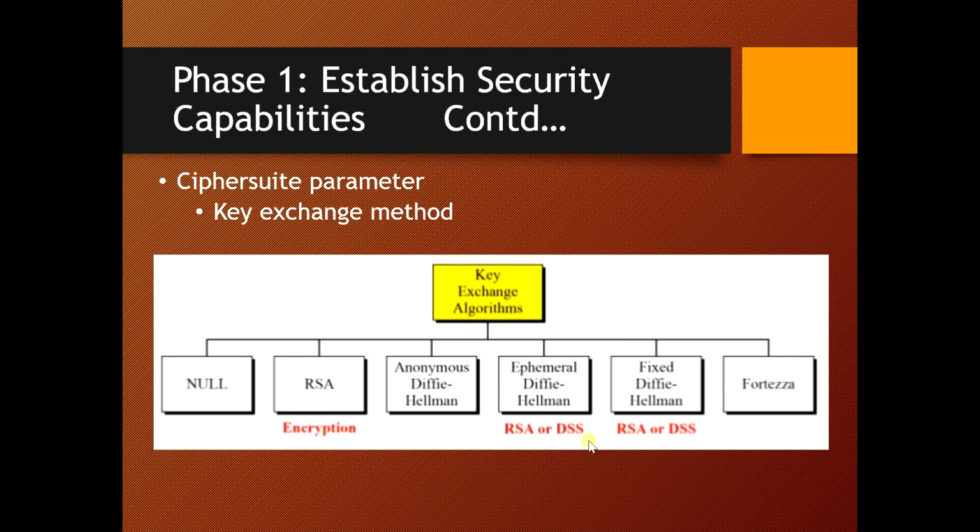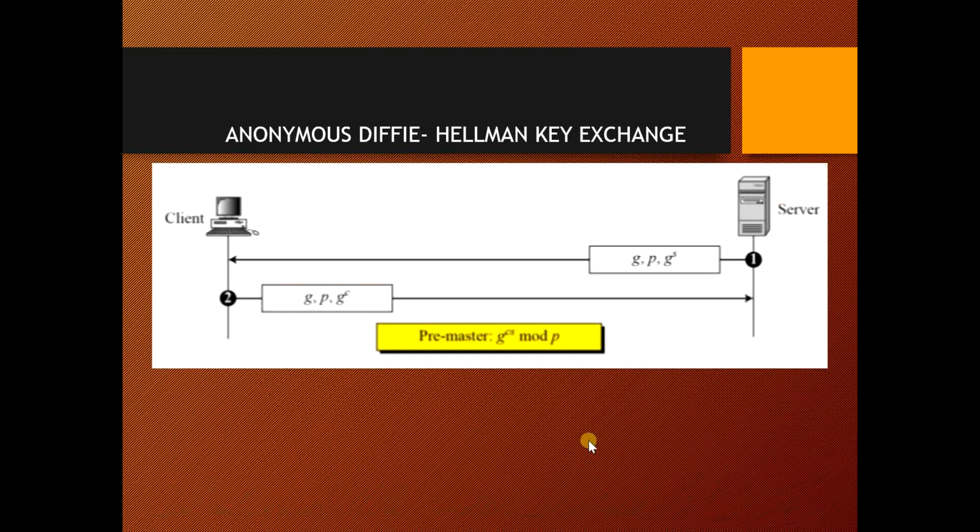The next one that we have is the anonymous Diffie-Hellman key exchange. So the base Diffie-Hellman algorithm is used in this case with no authentication. That is, each side will send its public key Diffie-Hellman parameters to the other side without any authentication, and this approach is more vulnerable to man-in-the-middle attacks, in which the attacker will conduct an anonymous Diffie-Hellman with both parties. So this is very much vulnerable to attacks, so not very much preferred.